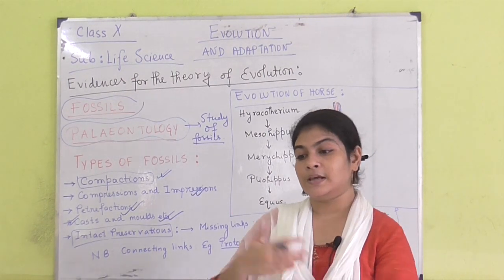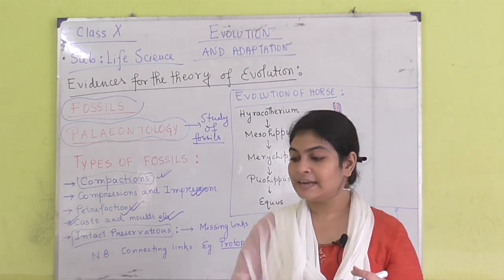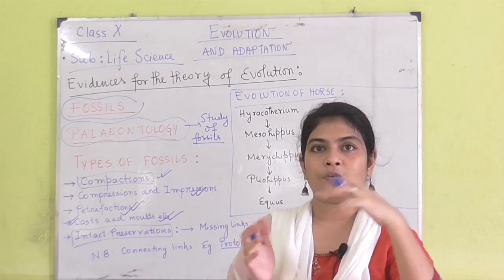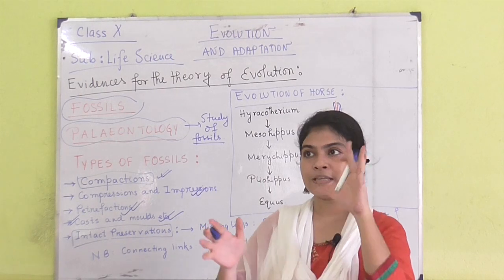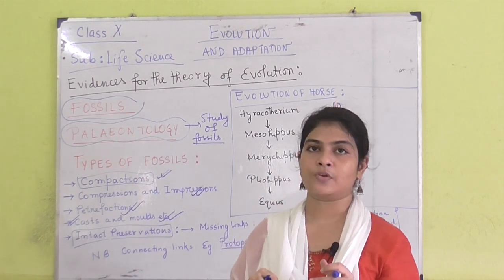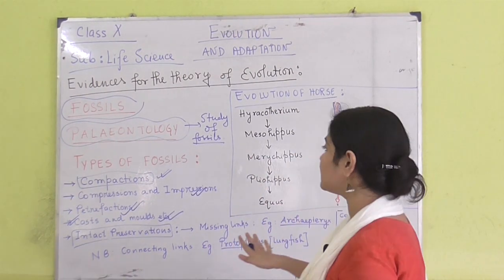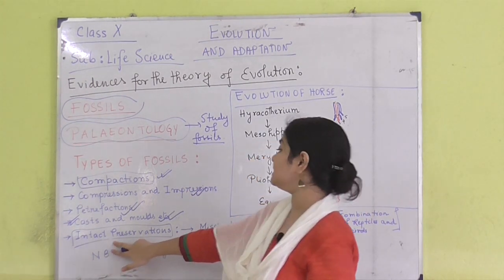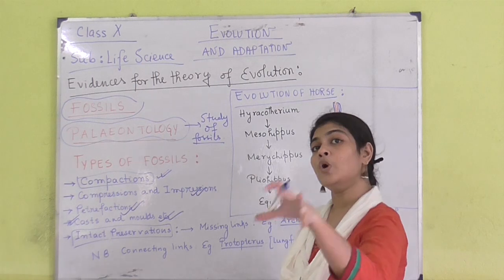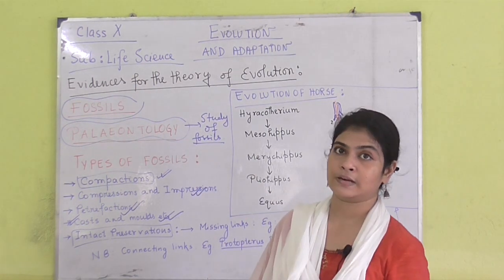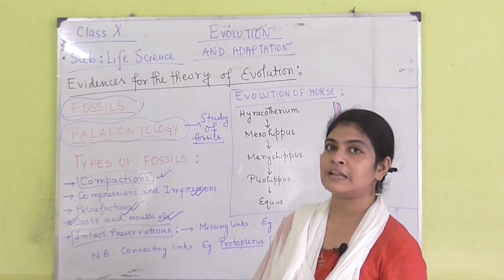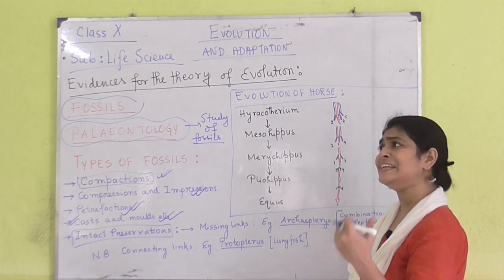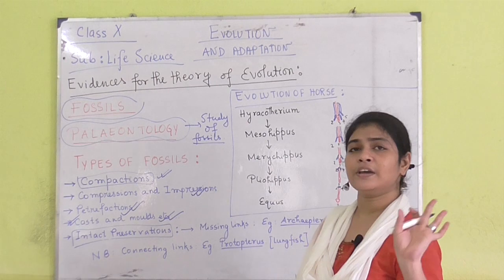Then when people dug them out, they get that particular soil, and that particular mold or figure of that animal is imprinted on that rock. So this is the case in most instances, but sometimes we can also see intact preservations where the whole animal is present there. The animal itself has not decomposed, or not fully, I cannot say intact, but the majority of the parts are